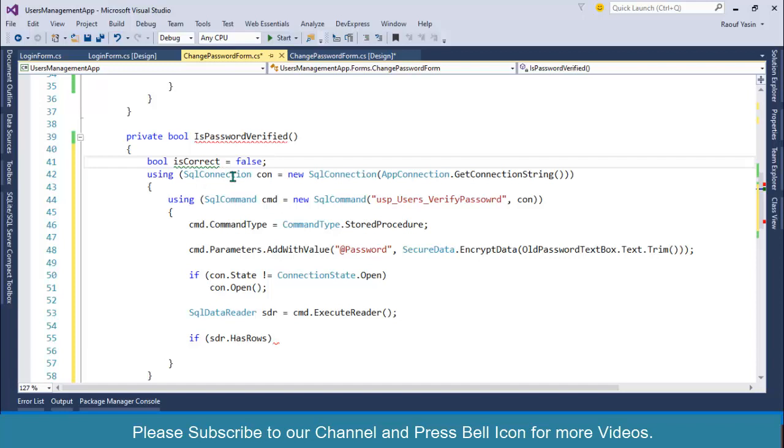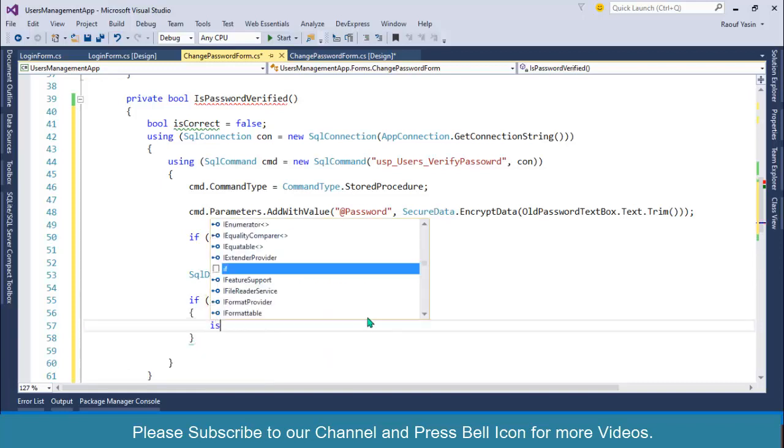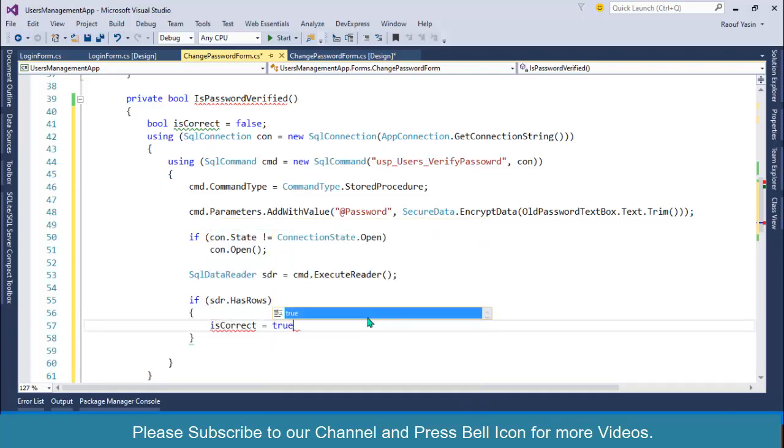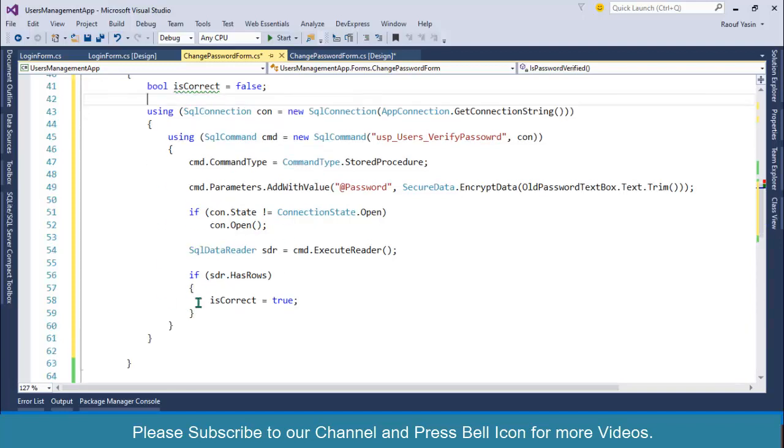By default I'll set this bool variable to false, and if this data reader has rows, then I'll set is correct equals to true. Otherwise is correct will be considered as false, and after this using statement, I'll return is correct.